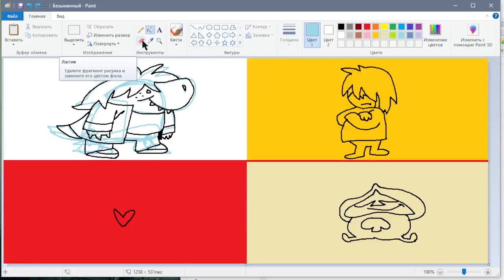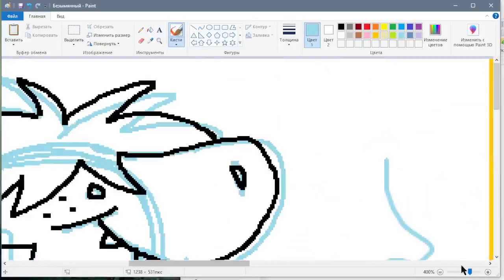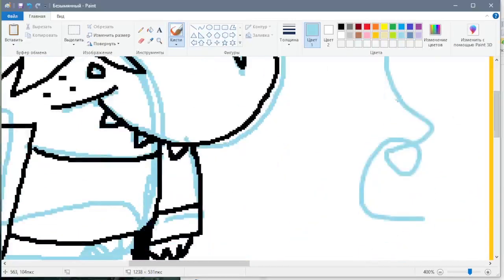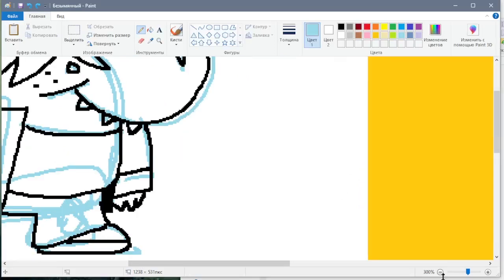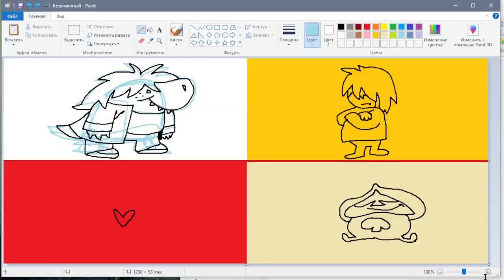For example, to use the eraser, right? But you have to remember you've got to draw with a pencil, not the brush, because the brush is very soft and has a lot of different colored pixels. But the pencil is very crisp. It's just straight up this color and nothing else. The brush does this, and you will not be able to get rid of it with the trick I'm going to mention. So the trick is,